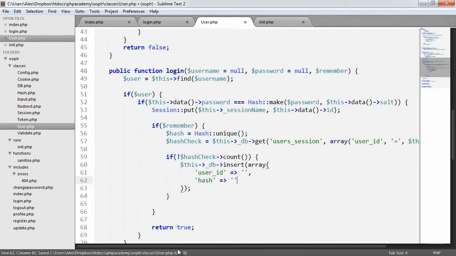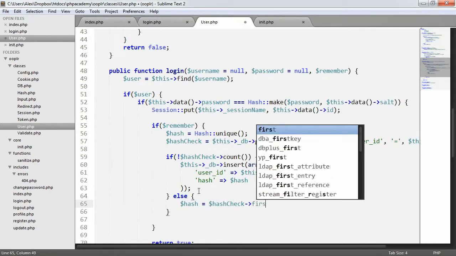So we want to put this into the database. This is going to be this data ID, and the hash is going to be just the hash that we generated up here. Otherwise, we want to set the hash equal to hash check first